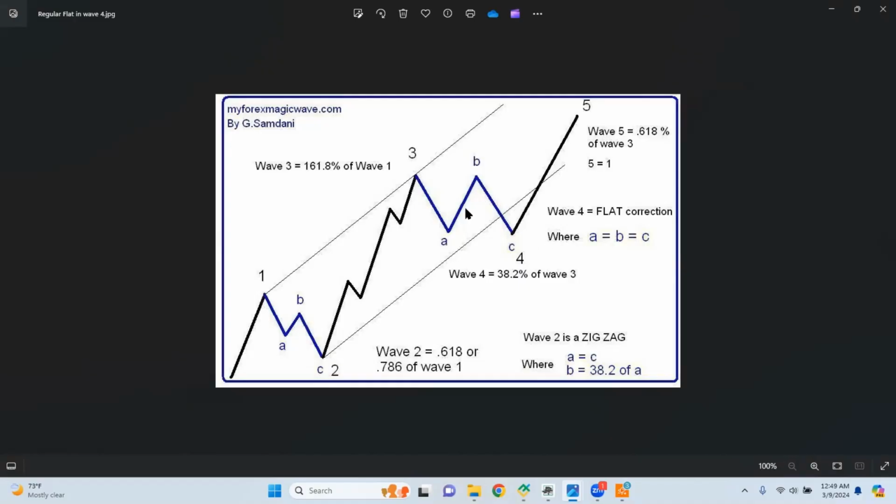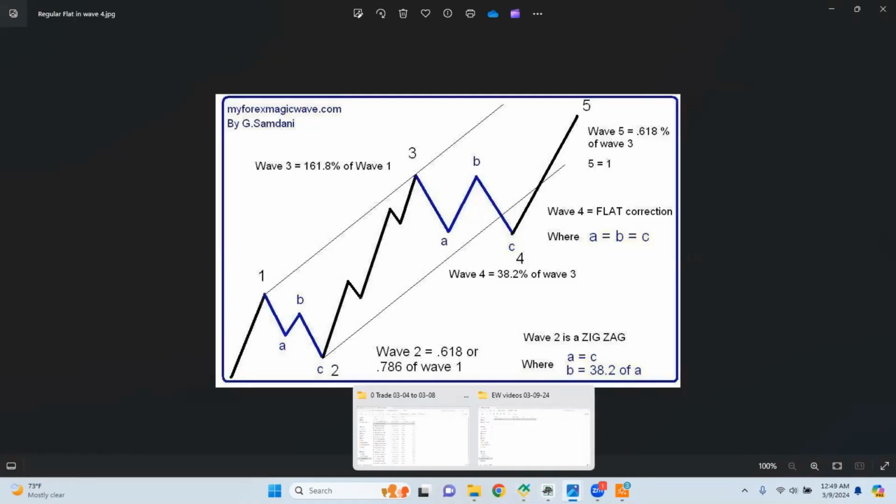But we're gonna talk about it. They can be different shapes, different sizes. This is zigzag, this is flat, and they are different. They have different characteristics. So we're going to talk about that. Once we finish that, we'll talk about